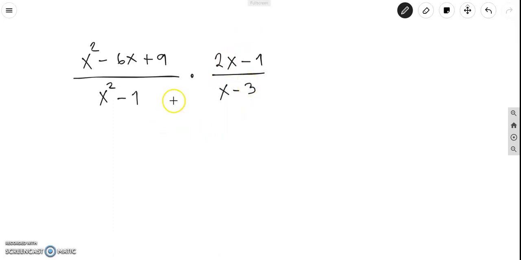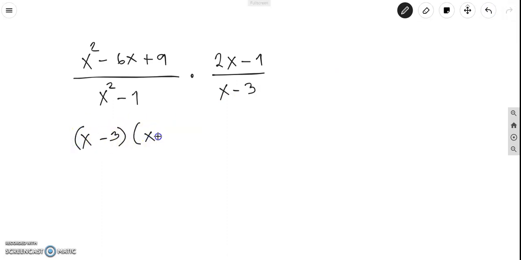First thing we will do is find the factors of x squared minus 6x plus 9. Therefore, we can factor that as x minus 3